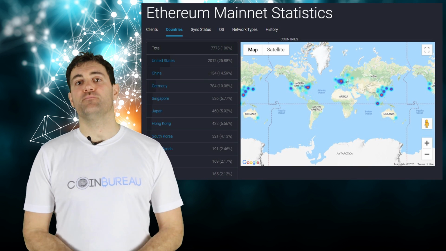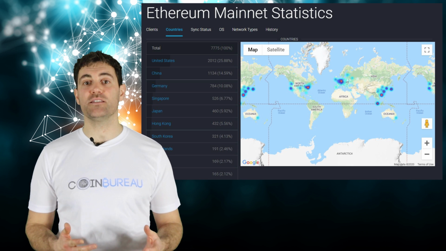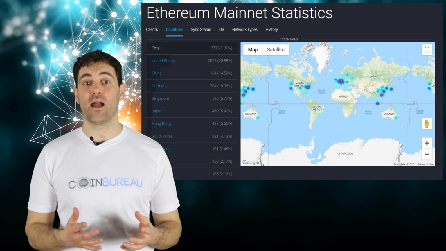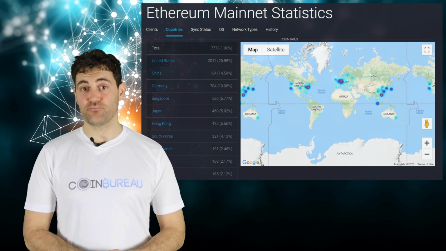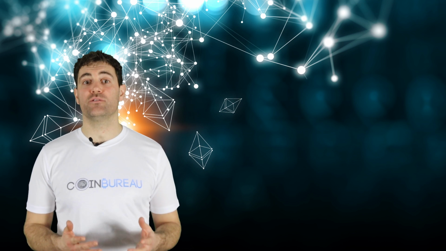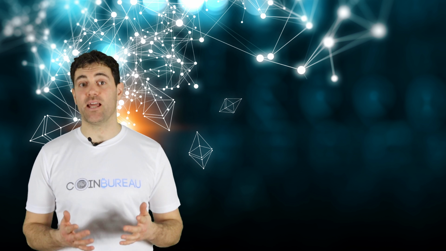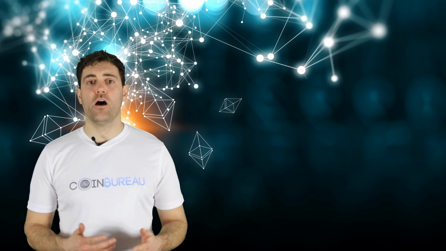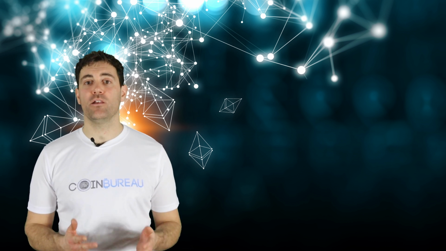Take a look at this map. There are over 7,000 Ethereum full nodes all around the world. Each and every one of these nodes has to store the entire Ethereum blockchain, and they all have to agree on the state of the said chain at any point in time. If you have a simple dApp that you want to run on the network, all of these nodes will have to agree before the dApp can compute. So, not very efficient. Of course, all of these problems have been known, and the Ethereum developers have long said